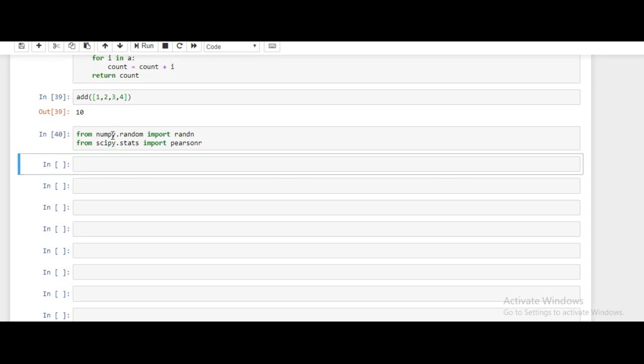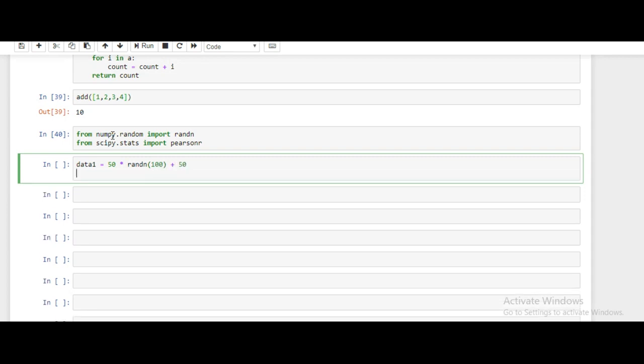Now that the required packages are imported, I have to create data to pass to that Pearson R. So I'm creating randomly generated data by using the randn function, and I'm naming it data1 and data2. I've created one data. Next, I'm going to create another variable, data2, and I'm going to assign some random values to it.